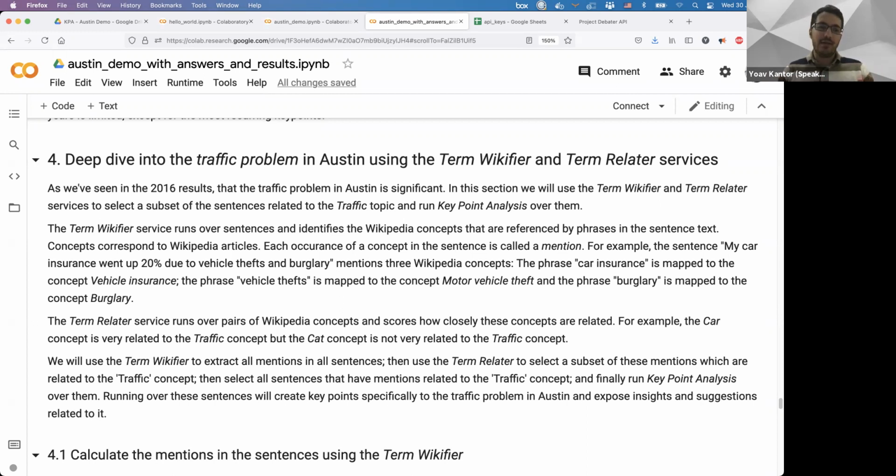If a sentence has no key point with a score above 0.95, it will not be matched to any key point. In the result, we add a non-key point where all the sentences that don't match any key point are matched. So the coverage is the percent of sentences that are matched to a key point.